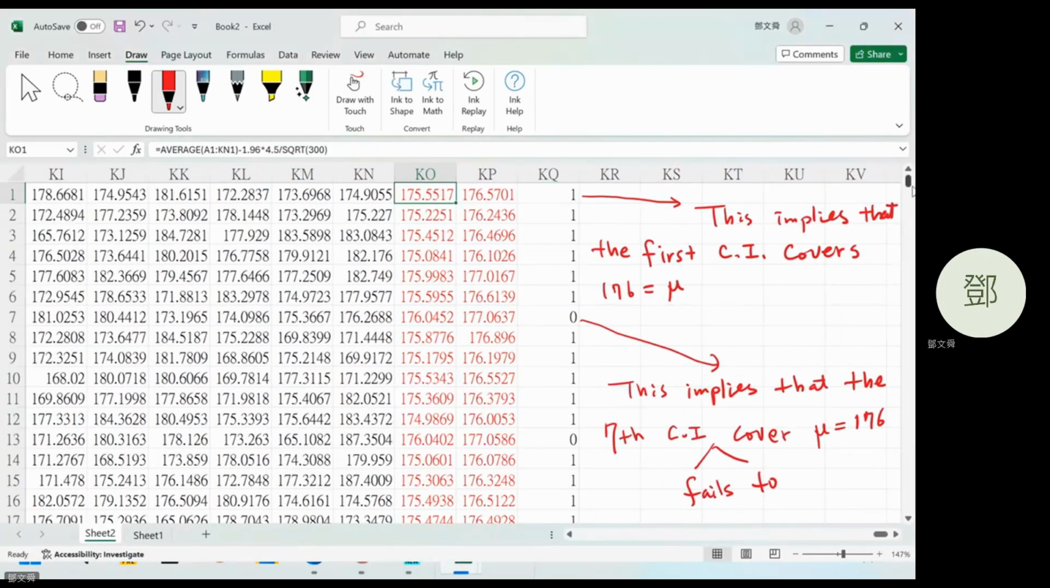Now it is time to verify the theory. How many confidence intervals are there in the Microsoft Excel now? 1,000. 1, 2, 3, 4, 5, all the way down to 1,000. And how many of them will cover the true value of mu? 950. Understand? I will sum: if it is 1, then it covers, and if it is 0, it does not cover. So if we sum this column up, we will have a sum which is very close to